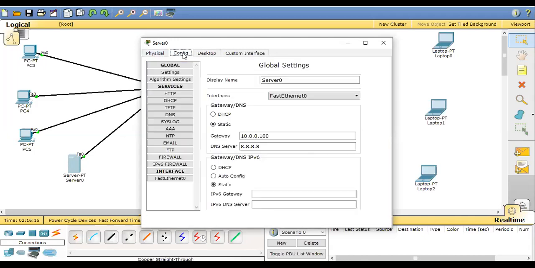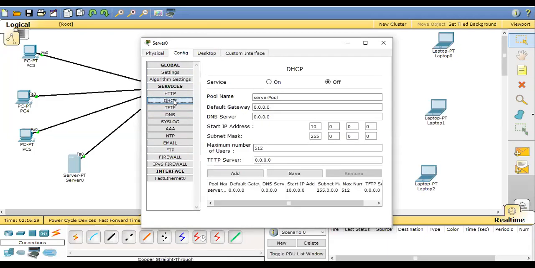Now I will go to config mode, and in config you will get multiple types of service, because this is a multi-purpose server in Cisco Packet Tracer, which we can use for multiple purposes like HTTP, DHCP and all. So right now we are using it as a DHCP server. By default it is off. So make sure that you turn on the DHCP service, and don't do anything else, just change the DNS server, which is 8.8.8.8, and the default gateway is my 10.0.0.100, right?